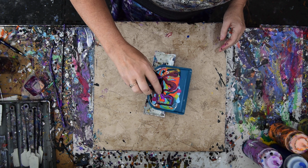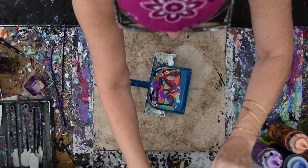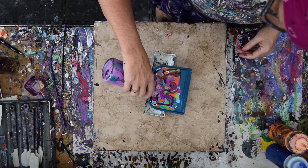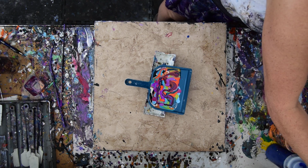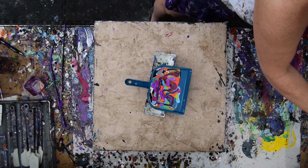Add that just to mix it up. Let's see if I can put a cover on that. Oh, that's cool. Very pretty. Do I have enough of my favorite color? My favorite color always being the purple flash. Now, if I move some of these things out of the way now, I won't complain as much when I go to put my dustpan down